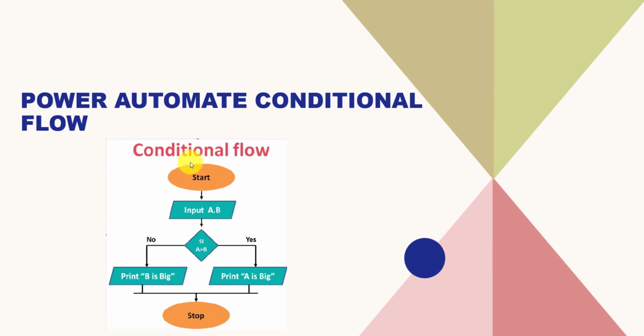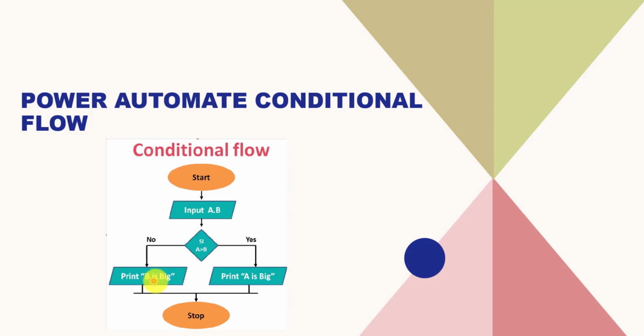So let's say this is the conditional flow. You can see the image here. This is the start of the conditional flow. Let's say we will input A and B, and if A is greater than B, then it will return true. And if it returns true, then it will go to the yes part of the conditional flow and it will print A is big. If A is not greater than B, then it will go to the no part of the condition